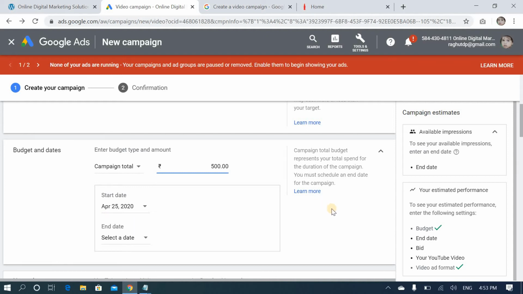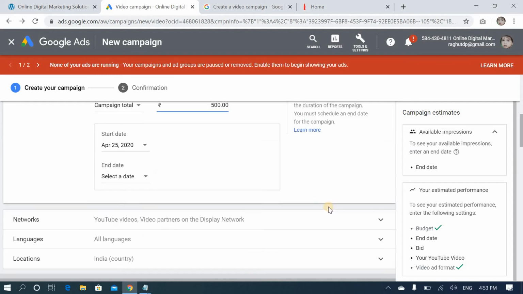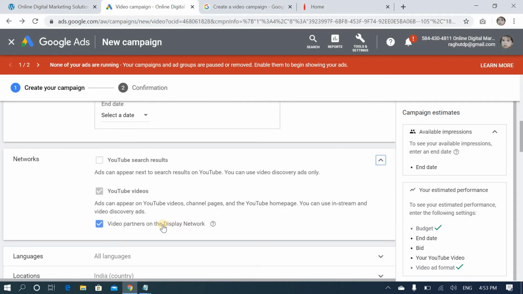I didn't mention a start date and I don't want to mention an end date, so I'll go down and select the networks. This is where you are going to show your ad. YouTube search results is not showing, so YouTube videos and video partners on the display network, so Google Display Partner websites will show. If you want, you can uncheck it, otherwise leave it like that.